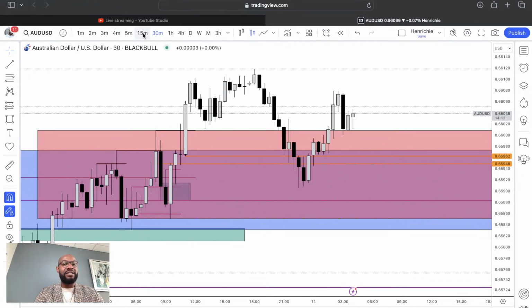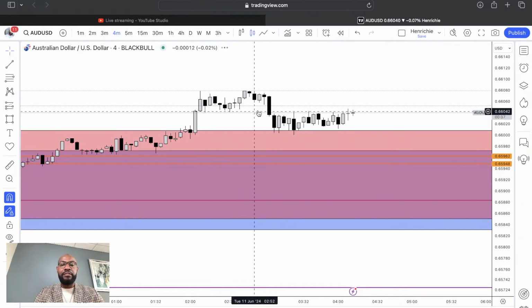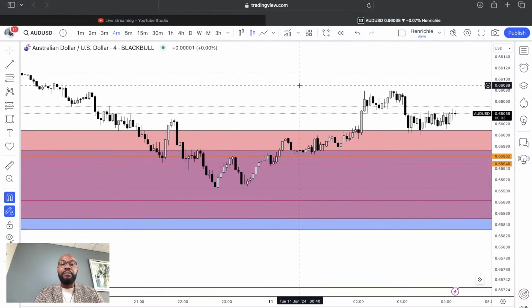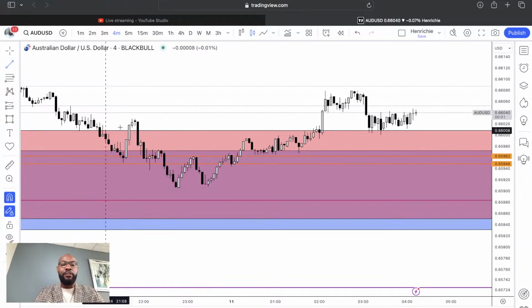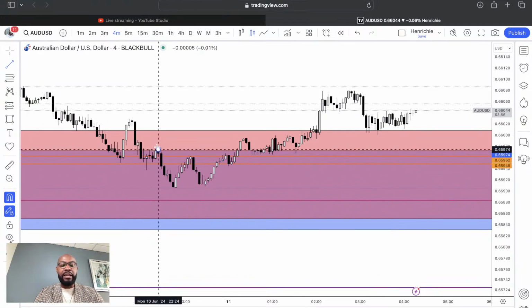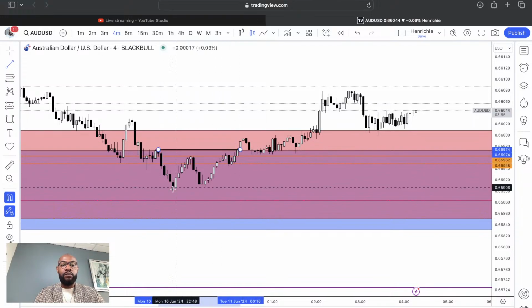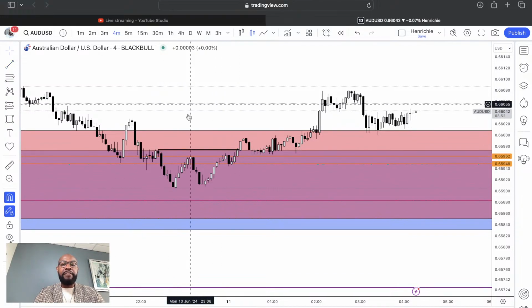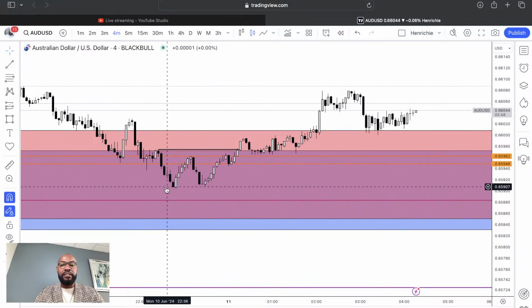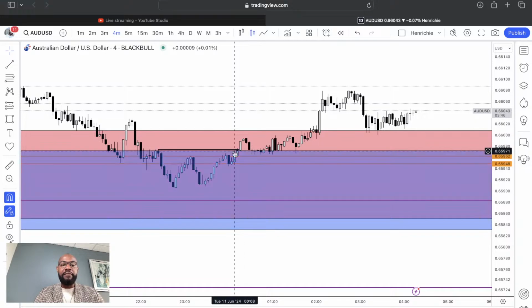Why 4 minutes? I just count 3 time frames to the left, 1, 2, 3, and then, as you can see right there, I go to my 4-minute time frame. I'm looking for my highs, my lows. So you can see we have a high, we have a low, we have a high right here, and then we have this low. Eventually, after price created the high and the low, it failed to run the liquidity on the low, and broke structure right here very significantly.